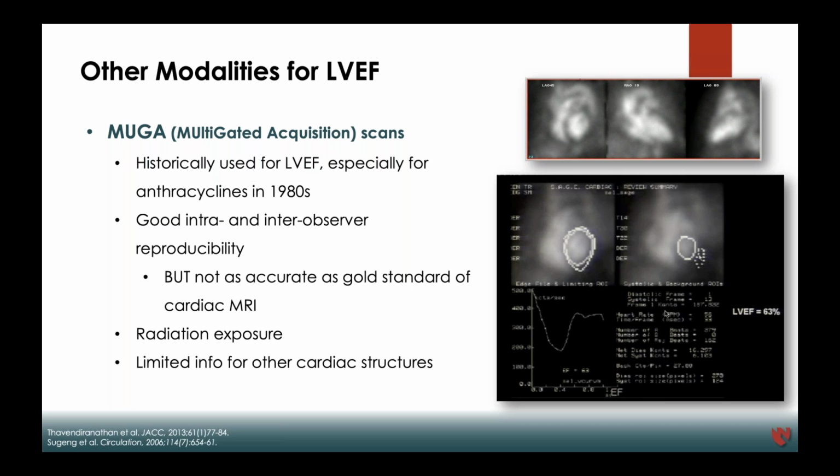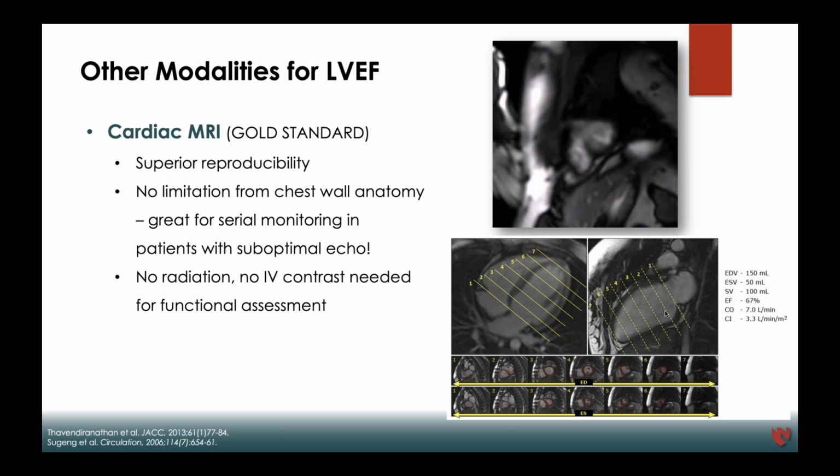Other modalities for LVEF, we have our MUGA scans, historically used for LVEF, especially for anthracyclines back in the 1980s. It has good intra- and inter-observer reproducibility because this is a very objective measurement of counts at end diastole and end systole. So from reader to reader, you're going to get accurate measurements, but generally it's considered not as accurate as our gold standard, cardiac MRI, to calculate an LVEF. Disadvantage to MUGA is radiation exposure, kind of a cumbersome exam for them to receive. And also we don't get much information for other cardiac structures. So you're giving them radiation and you're just getting an LVEF and maybe some other information based off their limited images. So they would probably be better suited getting a cardiac MRI in this situation,